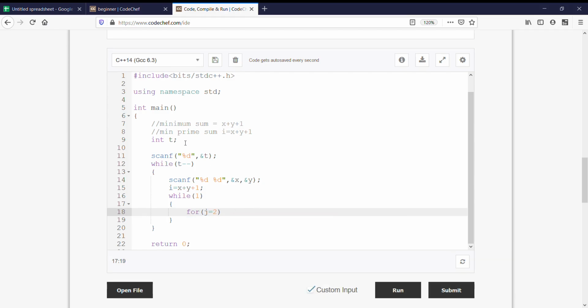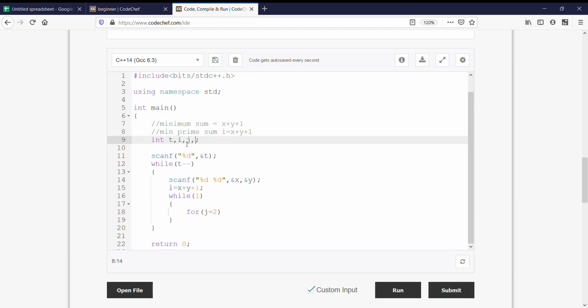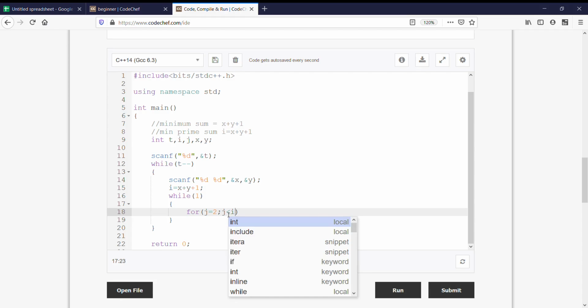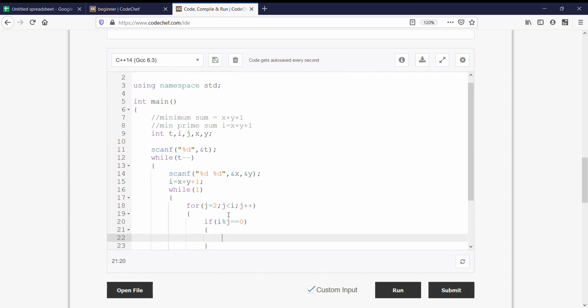2, we will declare I, j, x, y. For j equal to 2, j less than I, j plus plus. If any number j is a divisor of I, if I is divisible by j, then we will break.